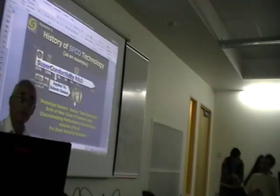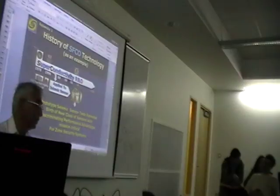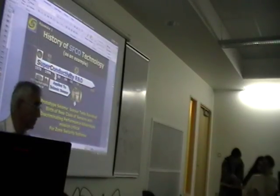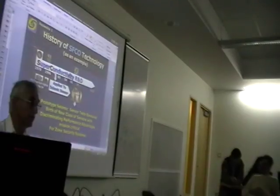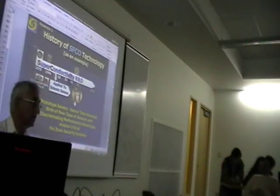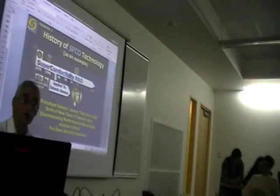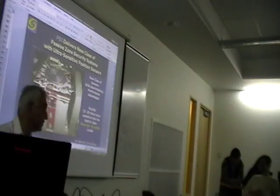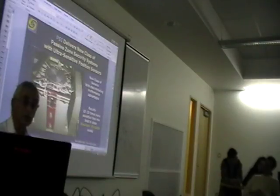So this is a prototype seismic sensor that was created in the lab in the Yerevan State University, and it has advantages over existing vibration sensors in the sense that it can sense nanometer vibrations, as I said before. So the device is an invention, obviously, because it can sense very small vibrations. And actually they showed that it is 10 to 20 times more sensitive than any existing vibration sensor in the